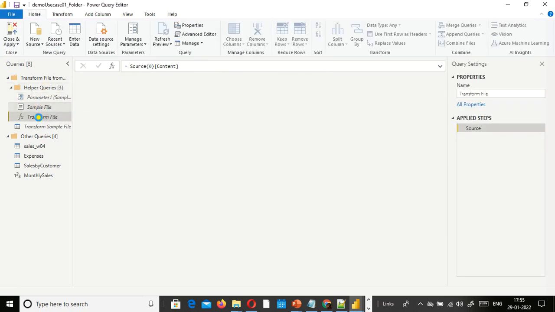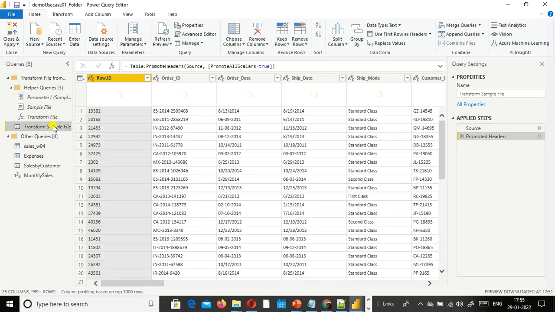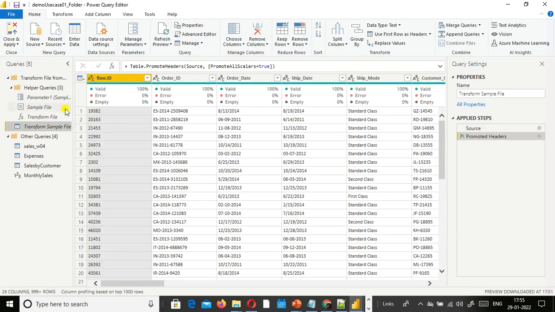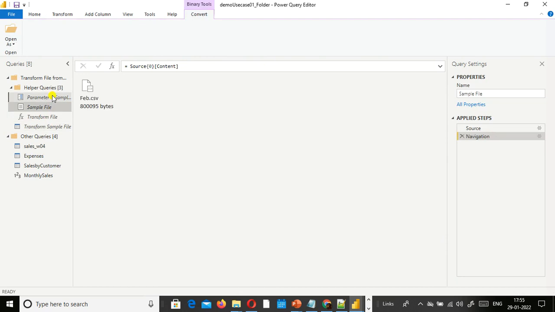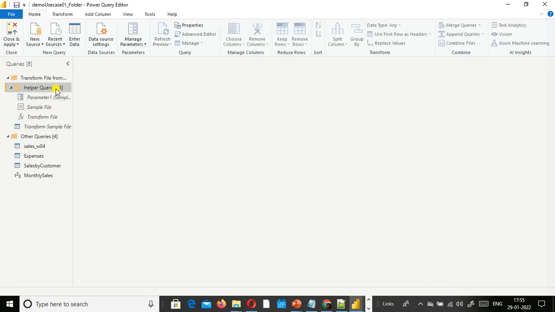This was created by Power BI itself. You have something called transform file, a function parameter as any, transform sample file. These helper queries were created by the Power Query editor itself. We did not do anything.